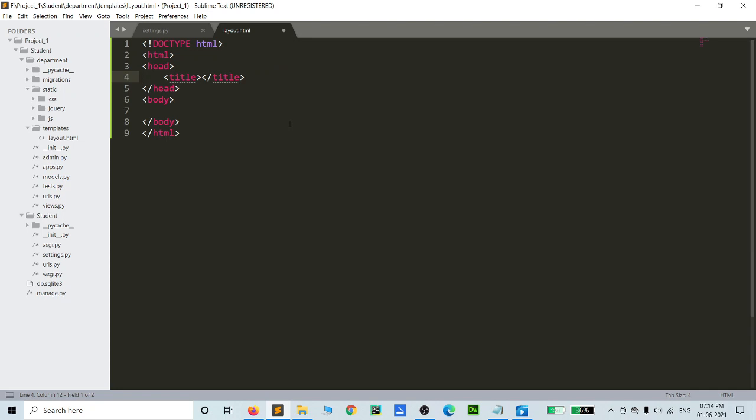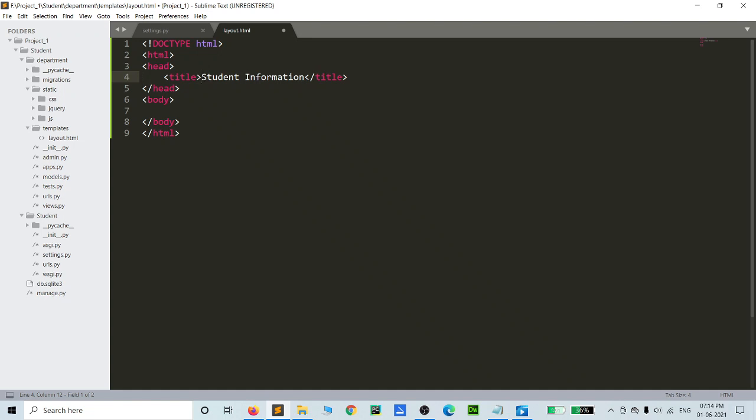Inside HTML, I can create HTML code. Simply you can type html, hit enter, and the commands will automatically be opened for the HTML file in Sublime Text Editor. So first of all we give the title. We could directly include the student information in this title, but each and every page will go to a hyperlink or any API interface link. For every page we must give the title name.